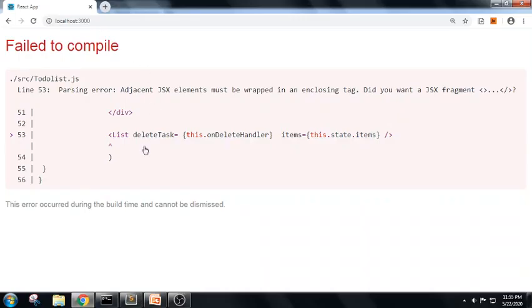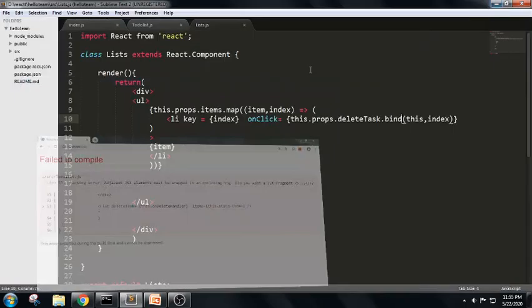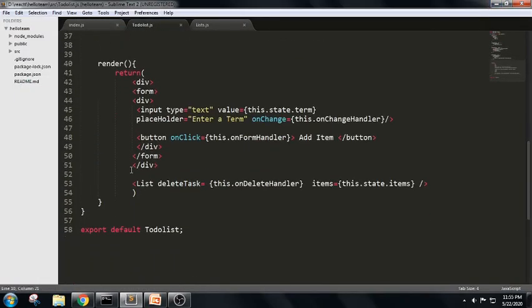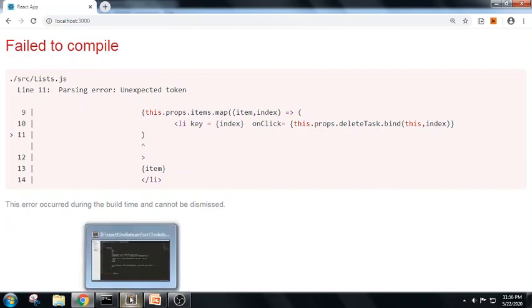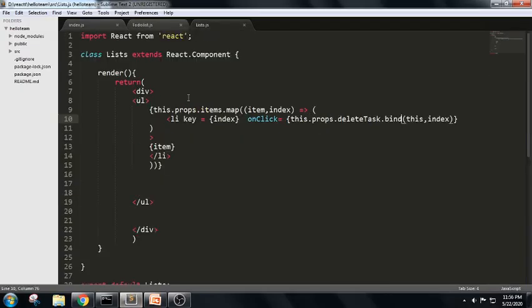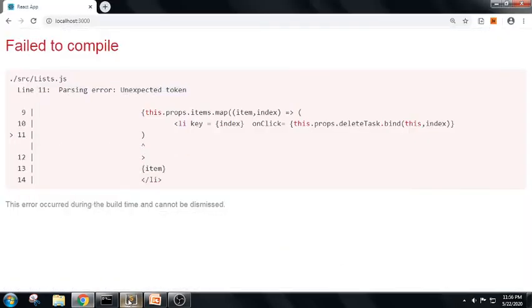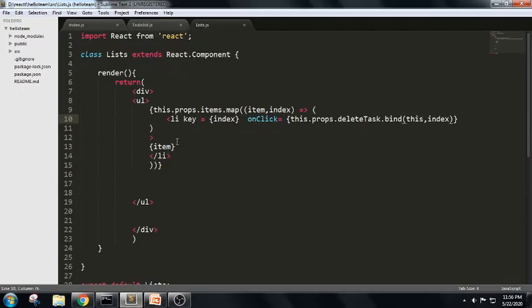So we have some error here, in the sense we should always enclose this in the JSX element. So let me put this. We should always wrap all these elements, as we have done in the tutorial, like the 1 hour project session also. Again we have some issue here. If you can see in the list.js, we have an error for the index value. What is this, line number 11, we have missed some token in line number 11.